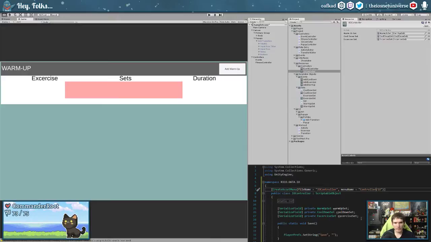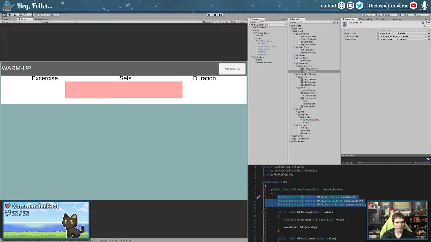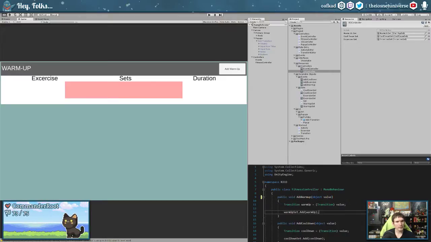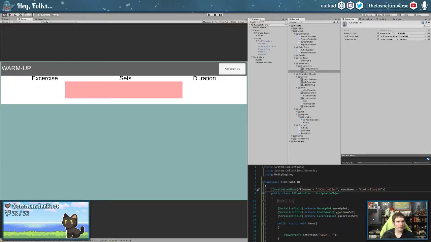And then we're actually going to go in and remove those from the fitness controller itself, which will momentarily cause an issue. But that is okay, because we're going to come over to the I/O controller, and we're going to add in a function for adding and removing the various things.